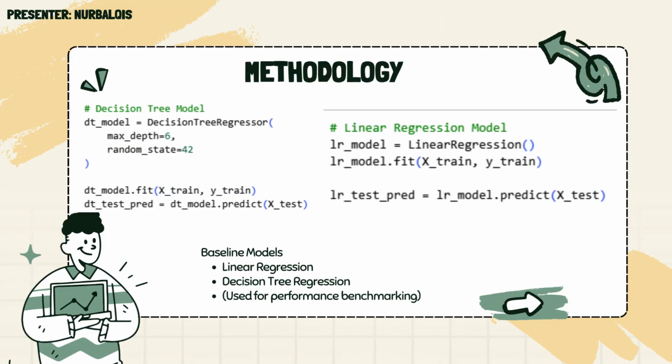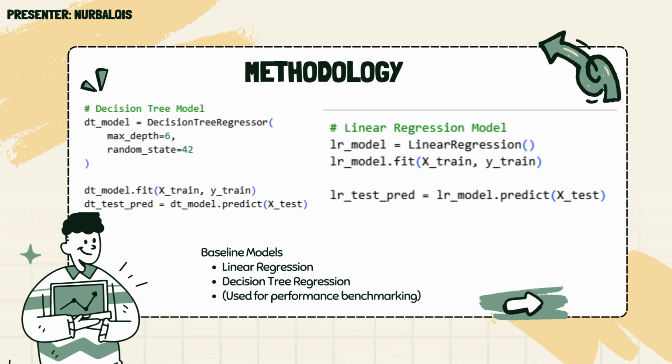Okay, so for our methodology, first we prepare the dataset by removing the timestamp, predicted load, and current features to avoid redundancy and data leakage. Then our target variable will be power consumption in kilowatts. And then we split the data into 80% for training and 20% for testing. We apply feature scaling using min-max scaler for the LSTM model and standard scaler for the machine learning models.